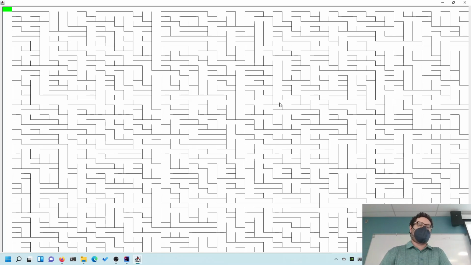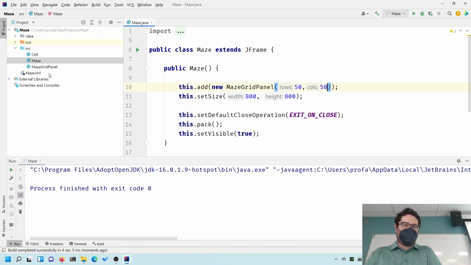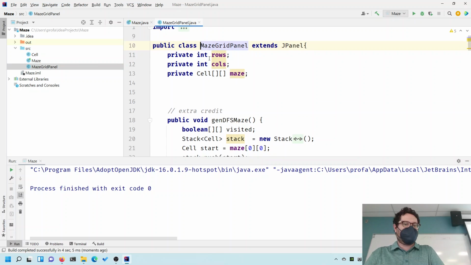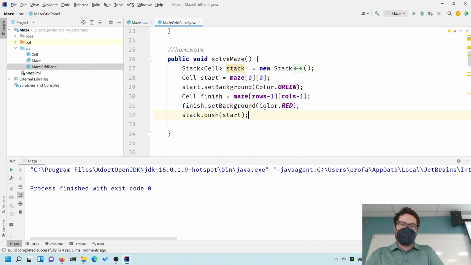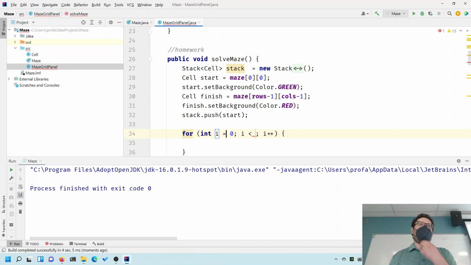So again, how do I move this thing? There's pseudocode in the write-up for this, and if you follow the pseudocode, you're going to be fine. What you're going to want is a while loop. But I'm not going to put in a while loop yet, because that's something you should do last, oddly enough, to figure out what your terminating condition is now that you've got the maze going. So instead, I'm going to do a for loop.